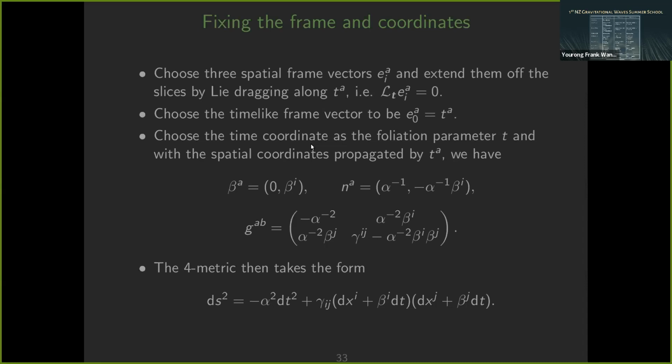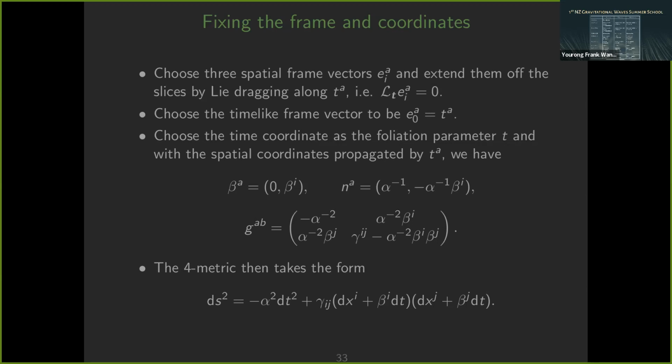So by choosing a spatial frame within the time slices, they can be extended in time by Lie dragging. We take a Lie derivative in the direction of t of these spatial frame vectors and say that they are 0. That's what's called Lie dragging. We can choose the time-like vector to be proportional to this t. That gives us now 4